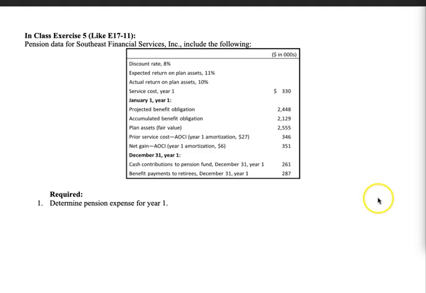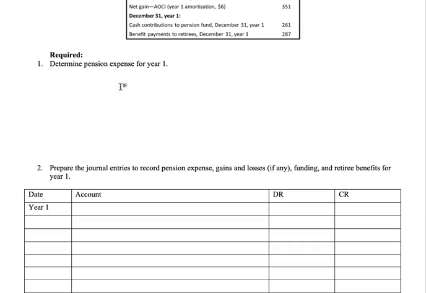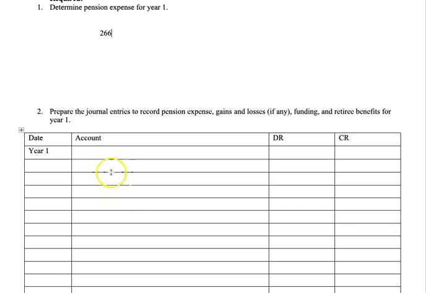All right, so first and foremost, we found our pension expense to be 266. So that tells us that, for year one, to do our journal entries, we're going to debit pension expense. We know we're going to hit that for 266. We've already found that number. All right, what else do we have to hit? Well,